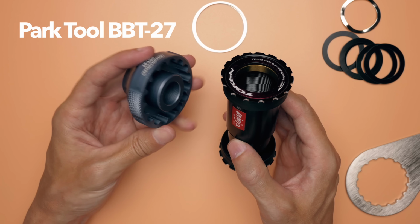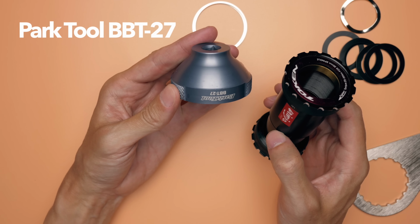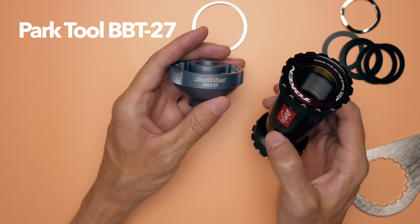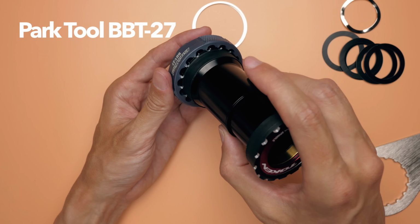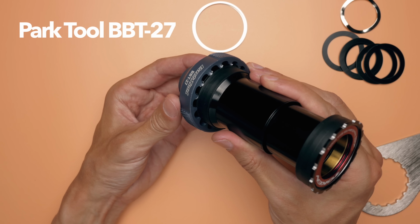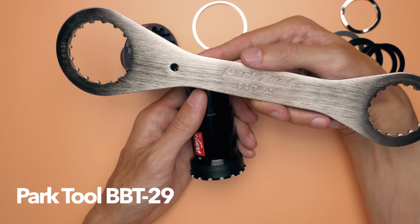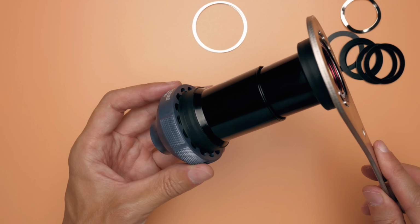The tools you need to install these kind of cups might vary between brands. In the case of Token, I needed two 16-notch external cup tools. Those will fit the 48.5 outer diameter cups. I decided to go with one socket style from Park Tool, the BBT27, that I can attach to my torque wrench, and one flat wrench, the BBT29, that I used just to hold the non-drive side in place